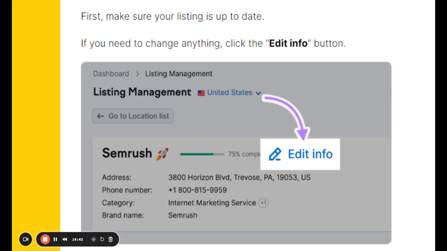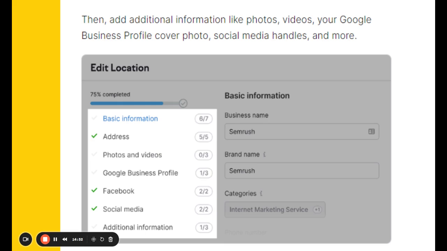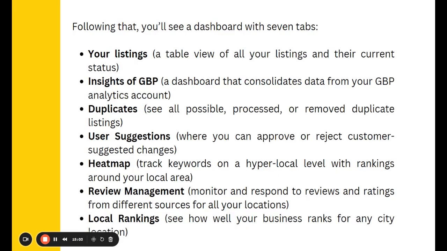Your listings can always be edited in SEMrush, so you can edit the city or location, different things like that. You can edit photos, videos, your business profile, anything in there you can edit. So in SEMrush,